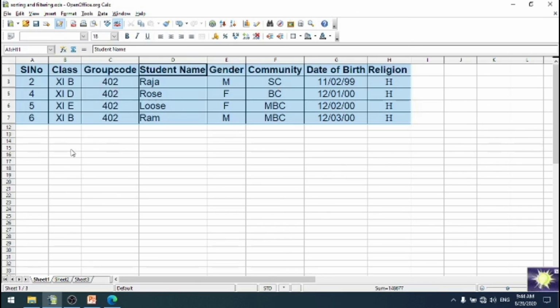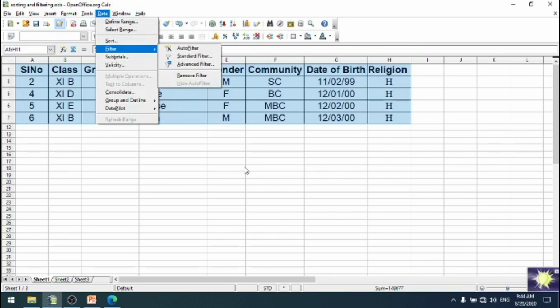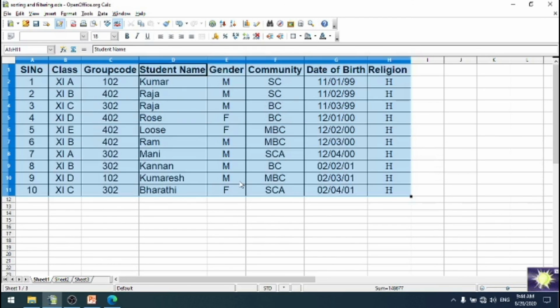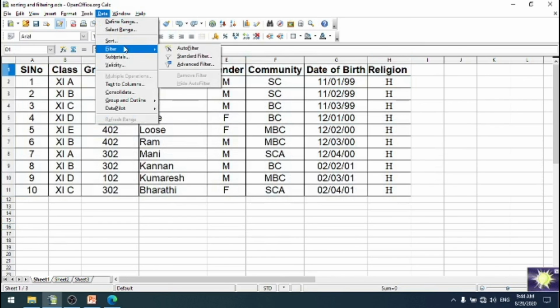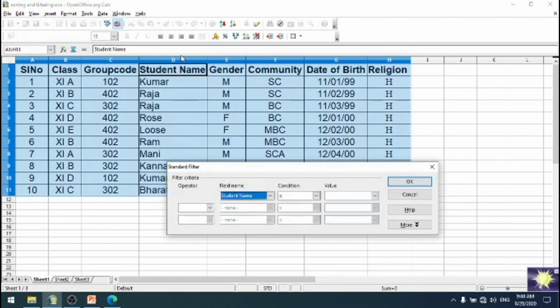The remaining will not appear. This is called standard filter. Once again I will demonstrate. First you should select any one column heading, go to data, then filter, standard filter. I want to filter only the group code 302 in the table.